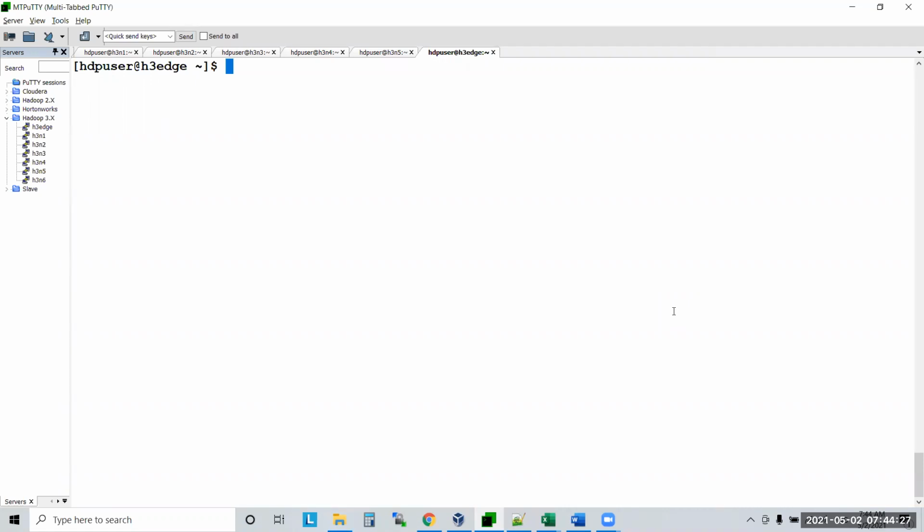Now I have a question. I have only one data node. Can I write a file with replication factor 500? Yes, sir. But it will show under replicated. That is a different case. Can I write? That's my question. Yes, sir, you can write. So it will maintain one copy, and the remaining 499 are under replicated.